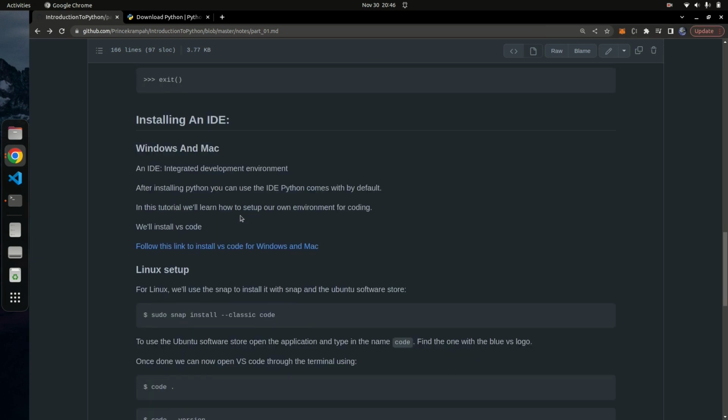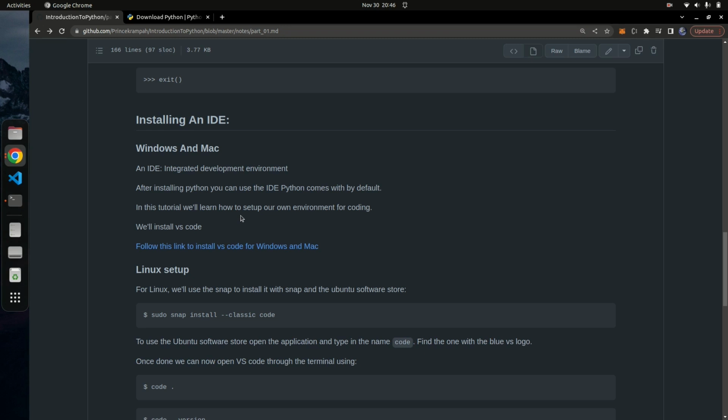To set up an IDE, let me first show you how to do it on Windows, and later we'll move back to how to do the same thing for Mac and Linux. The command that I'm going to show you on a Windows machine is also going to work for MacBook. You're just going to install VSCode. For a Linux machine it's a bit different, so let's first begin with Windows and Mac, and then later we'll move on to a Linux machine.